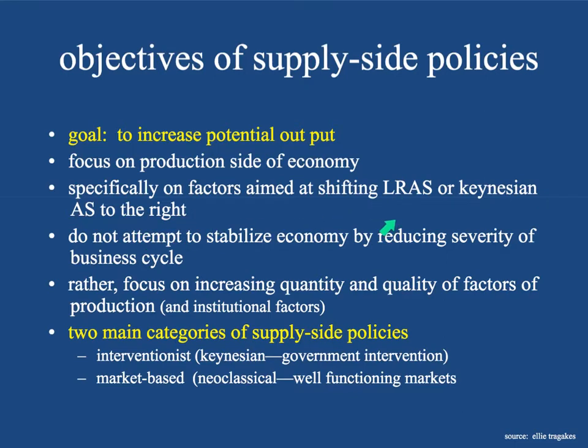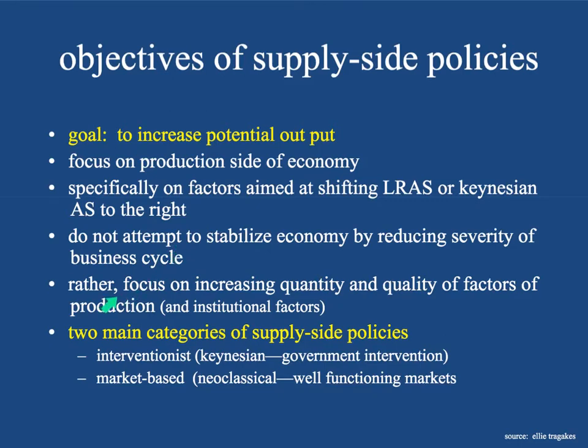All right, long run, supply side, help the companies or your countries, not the companies, well, maybe help the companies, but eventually help the production side of your economy to produce more. They are not attempts to stabilize the economy by reducing the severity of a business cycle. That's demand side stuff. This is saying, no, we're going to figure out ways that we can produce more. We can be more productive, right?